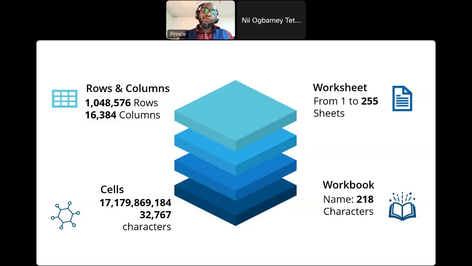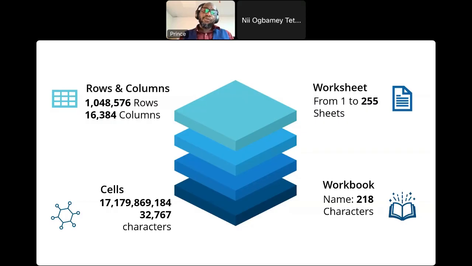Now, the Excel sheet names, you can always change from Sheet1 to any name of your choice. But there are certain keywords you cannot use to name your sheets, like History. You can't name a sheet History; you can just say History1 or something, because these are keywords. And there are also certain characters you cannot use in naming your sheet, like the square bracket and all of that. And the sheet's name can take up to 31 characters.